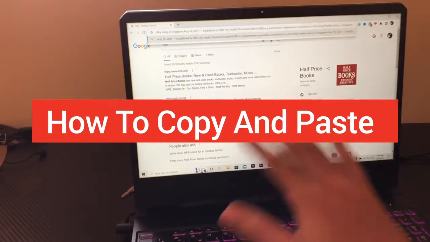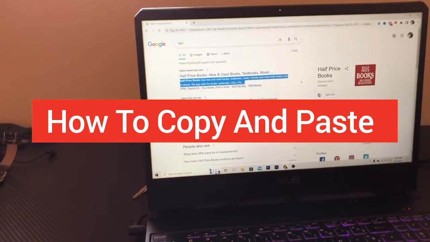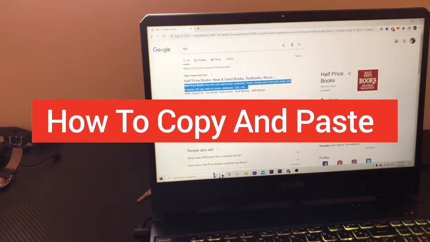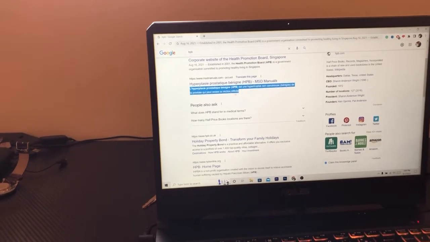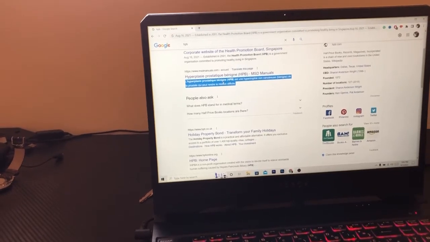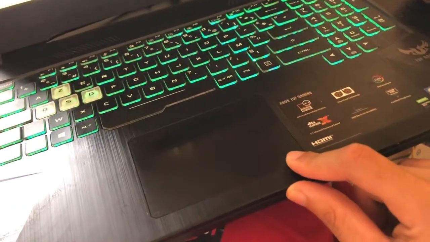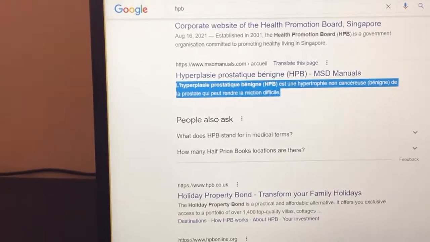There are two methods on how you can copy and paste on your Windows or MacBook or whatever device you are using. So if you want to copy something, you just want to select what you want to copy. Okay, you can do this on your phone too. Just select what you want to copy, and after that you want to right click, and this will pop up. As you can see, you want to click copy, and if you want to paste something, you can just right click